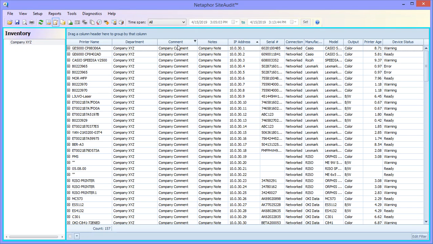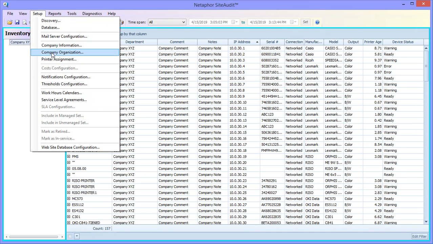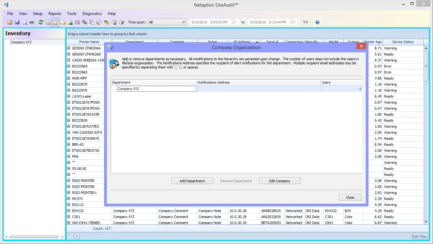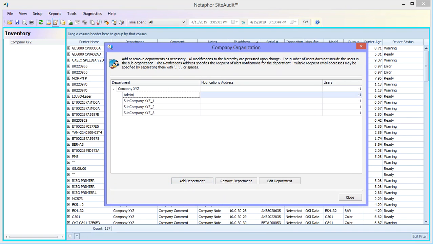Now, these two comment and note fields are going to be unique for each department within your organization. So I'm going to create my organization. Now, there's two ways you can do that. You can come here and go to company organization, or you can come here and go to company organization. And basically I'm just going to add some departments, give them a name,